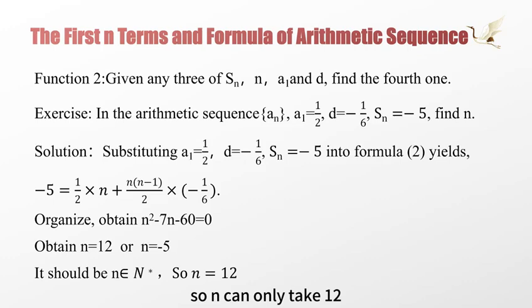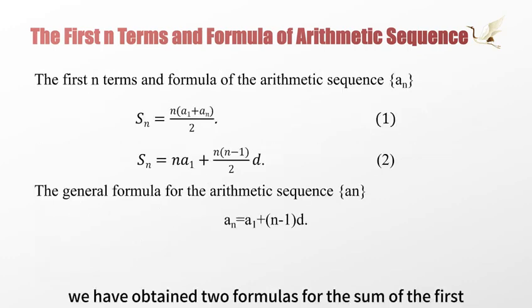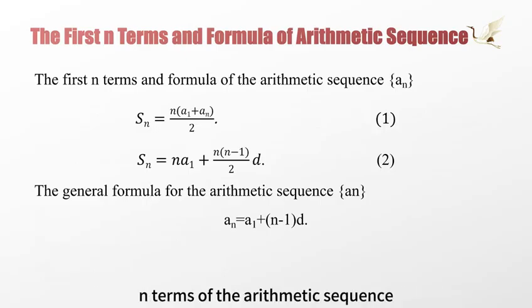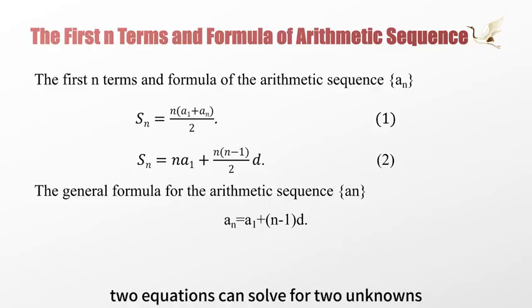can only take 12. So far, we have obtained two formulas for the sum of the first n terms of the arithmetic sequence. You may have noticed that these two formulas involve five quantities: the sum of the first n terms Sn, the number of terms n, the first term a1, the last term an, and the common difference d. Two equations can solve for two unknowns, so knowing any three of these five quantities can solve for the remaining